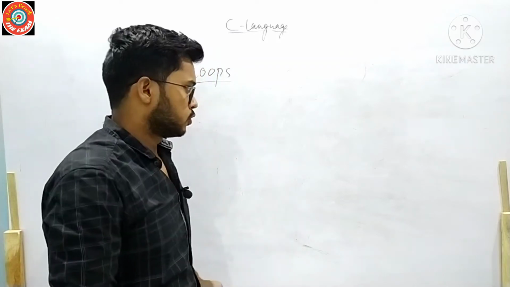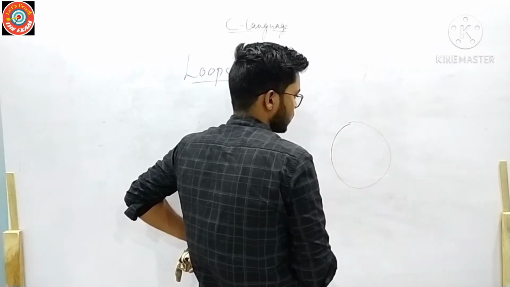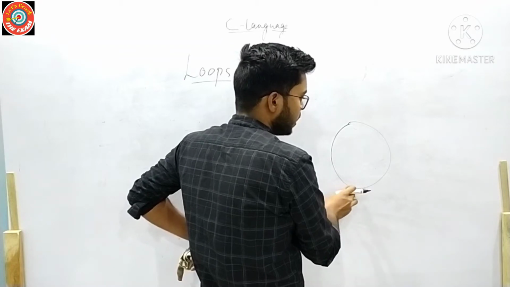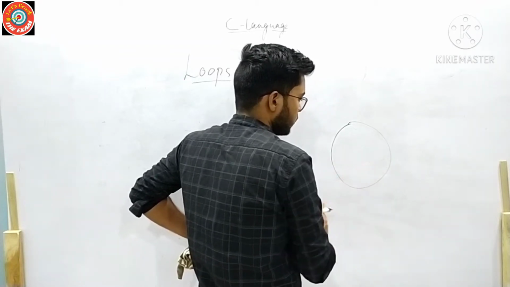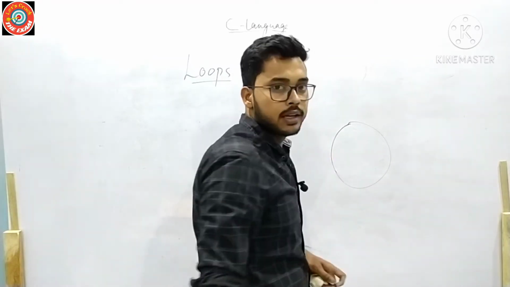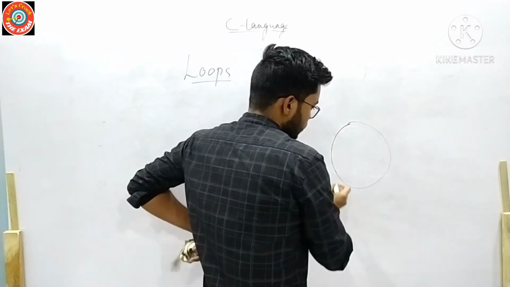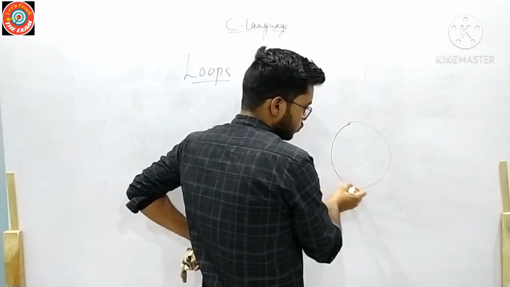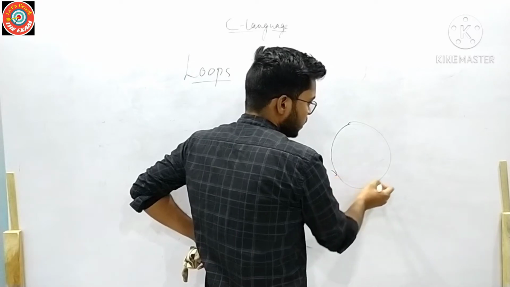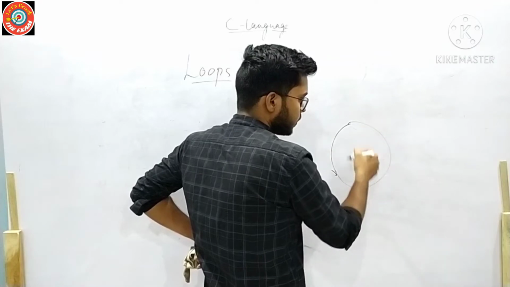For example, this is a circular path. There is no end and no starting point in this circular path. We can't say that the circle starts from here and ends here, because we don't have any starting point and ending point. So this is called a loop. If someone tells us to run through this path, for example starting from here, there is no end of this path, so it becomes a loop.